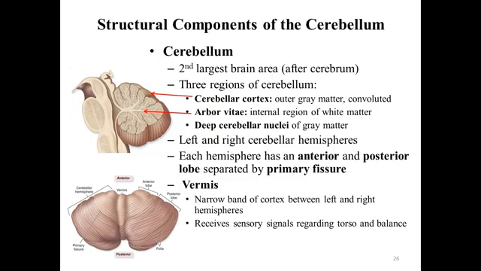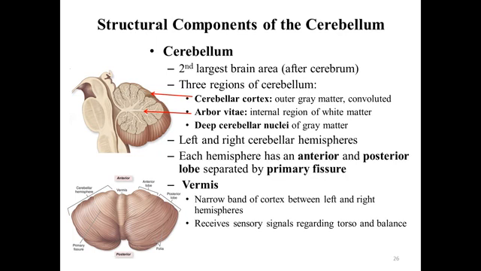The cerebellum is the second largest part of the brain and is similar in structure to the cerebrum. As shown in the top image, the cerebellum has three regions: a convoluted cerebellar cortex of gray matter. The convoluted folds are called folia. Inner white matter called the arbor vitae, because its distribution pattern resembles the branches of a tree, and deep cerebellar